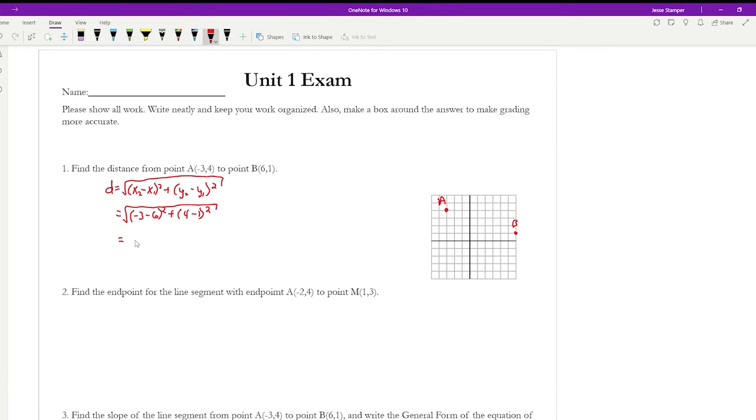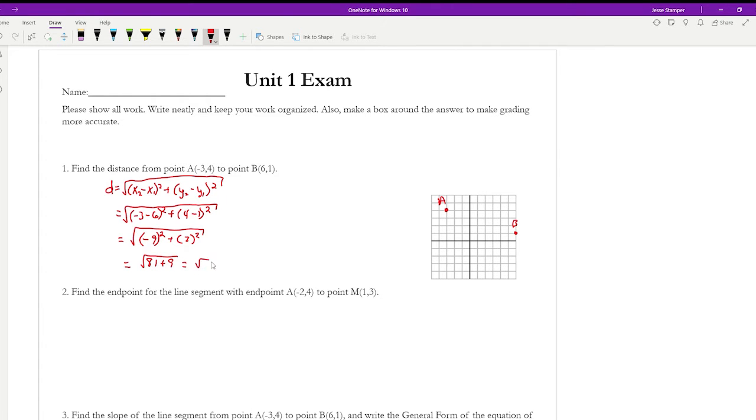Now, I believe I allowed you to use your calculators on this one, so if you work through it, -3 minus 6 is -9, and that's squared. 4 minus 1 is 3 squared. Well, -9 times -9 is +81. 3 squared is 9,